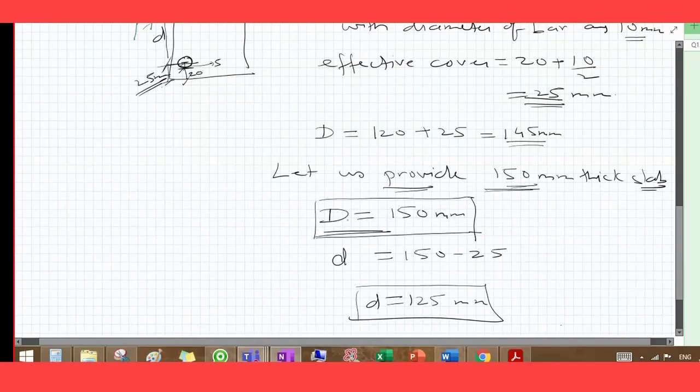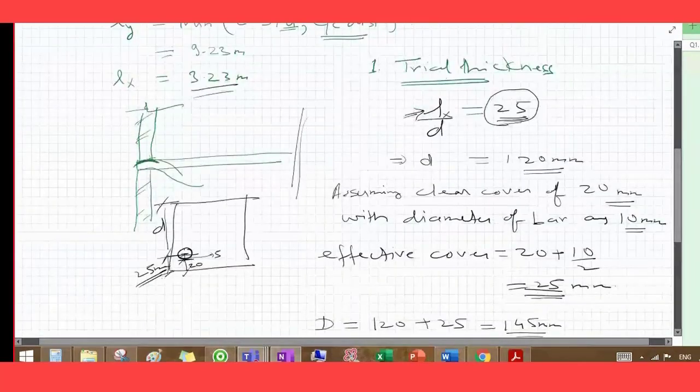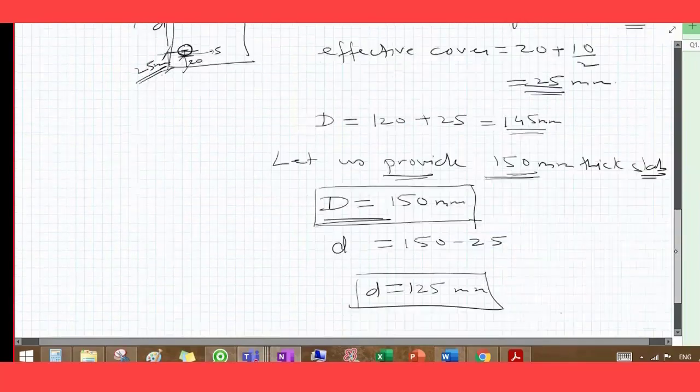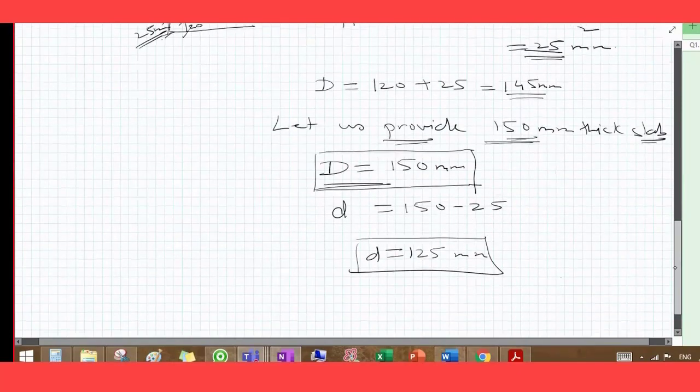You can directly say that let us provide thickness of slab so and so, assume some effective cover, and determine this effective depth D. Whatever I have written here is just a guideline to start with your calculation, because as a fresher you will not know what thickness to start your slab design with. But with experience, as soon as you solve a number of problems, you'll have that kind of experience. Rather than going with this step, you can always say, okay, we'll be providing this much thickness of the slab. So okay, my step 1 is complete.